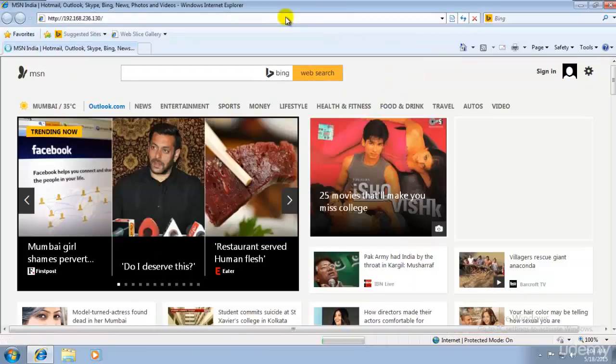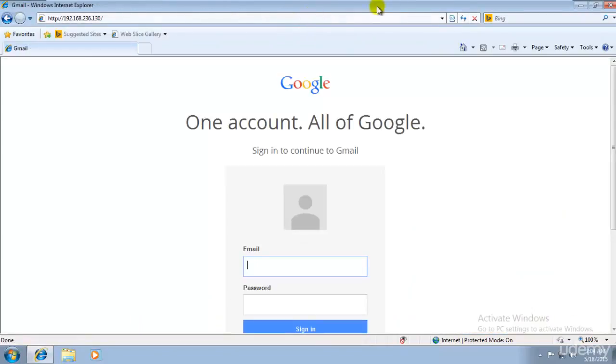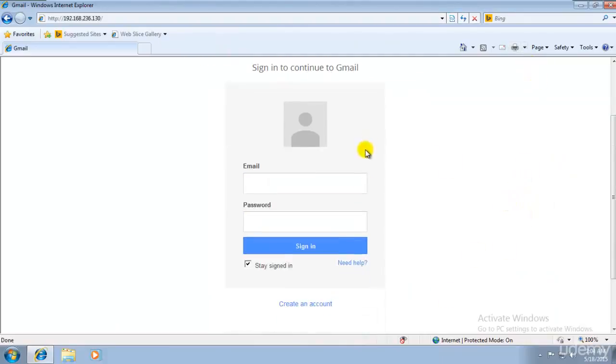Just let me check if that's working. Perfect. So he will not even come to know that this is a fake account, because this does not look like fake, and he will assume this being a Gmail server. So what he would do, he would straight away go ahead and try to access his account. So let me just use a random ID. So I'll just type random dumb person at gmail.com, and this is not a real account. I'm just creating a random one using a random ID,